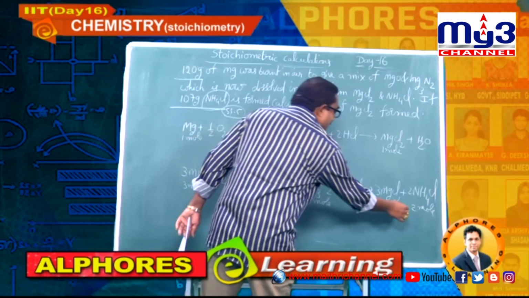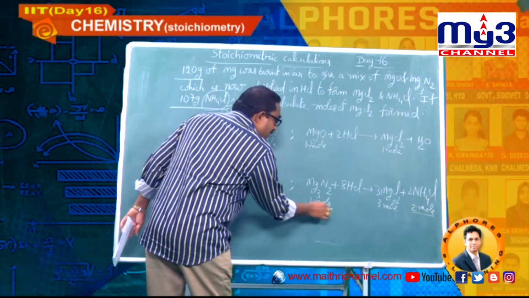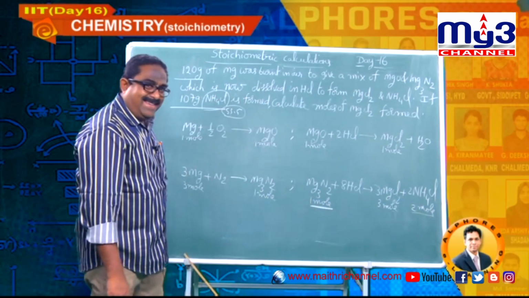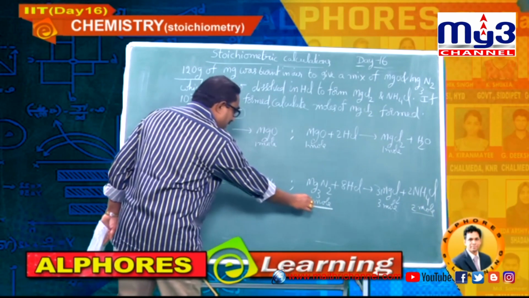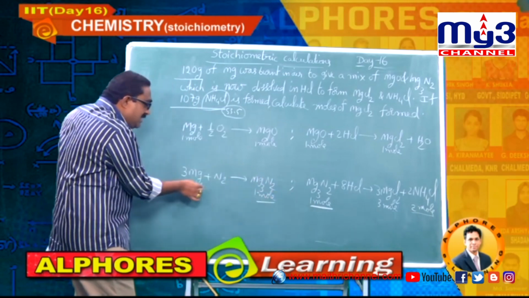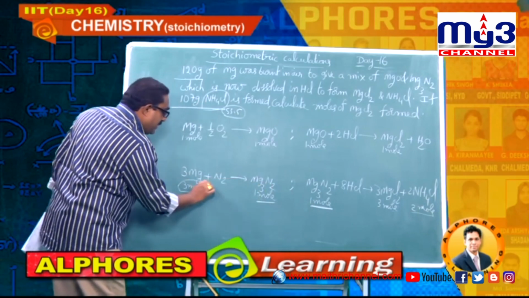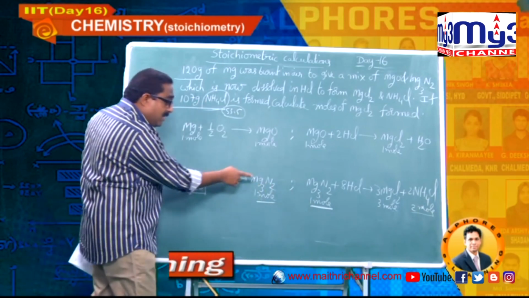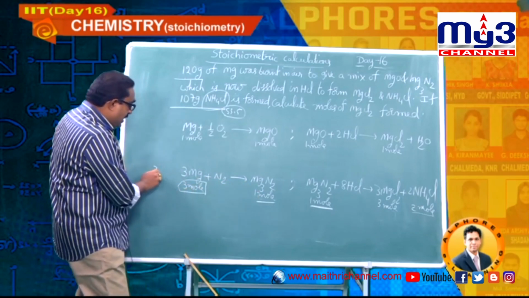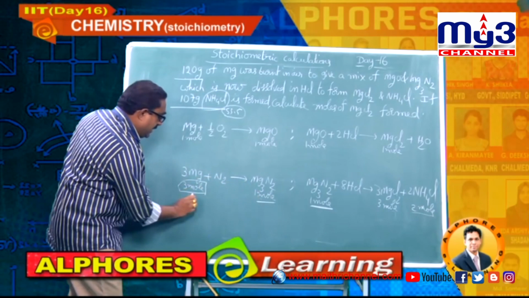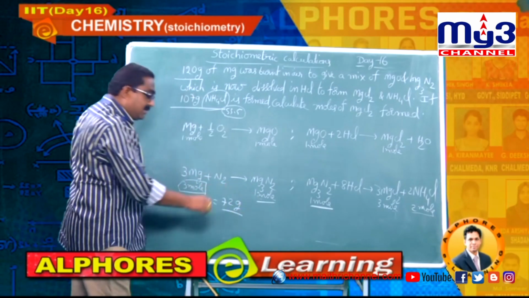Right. So here see the balanced equation. 2 moles is formed from 1 mole of magnesium nitride as per the balanced equation. So the requirement is 1 mole of magnesium nitride. So come to this equation now, students. 1 mole is our requirement here. So how many moles of magnesium are needed to get 1 mole of magnesium nitride? 3 moles. So I am calculating here, 3 into 24 atomic mass, 72 grams.